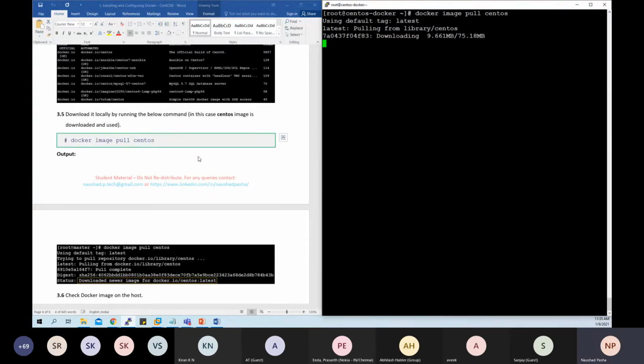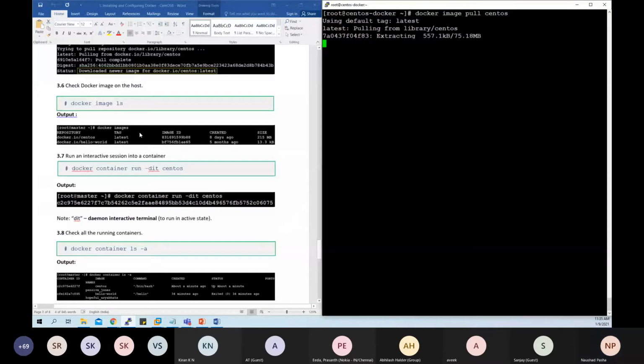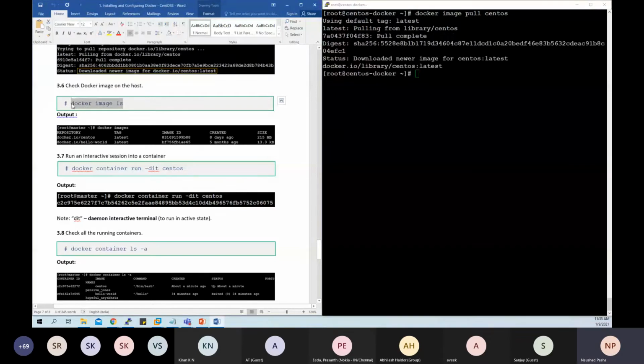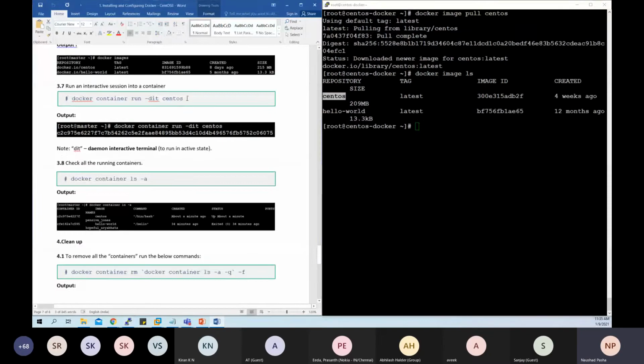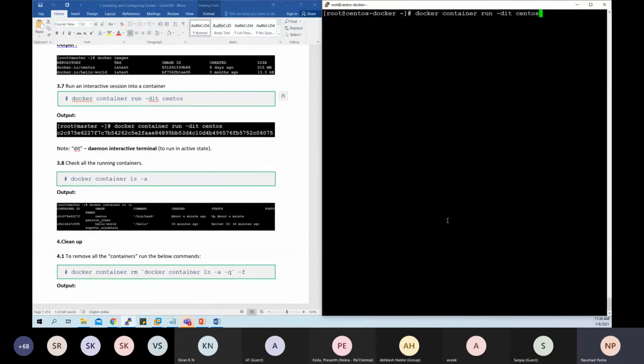One other thing we know is when containers are created, if the image is not locally present, it gets automatically pulled. Let's go ahead and verify once the image is pulled, docker image ls. So one is for the container that we created, the other is the one we just pulled. Let's create a container out of that image. docker container run, detached, interactive, terminal, use the image CentOS. If you want to name it, you can just say --name and the name of the container that you want to give.